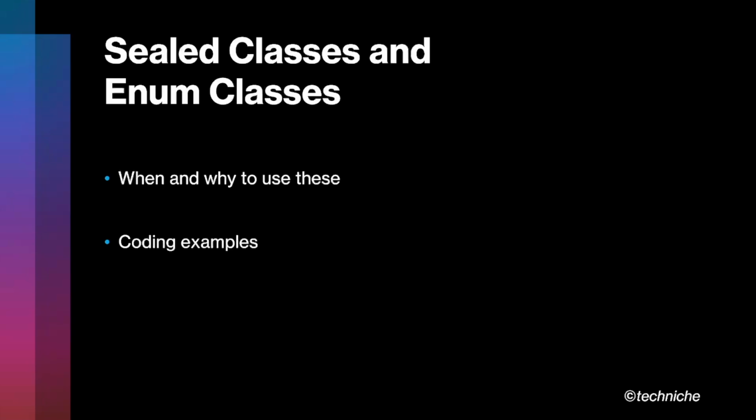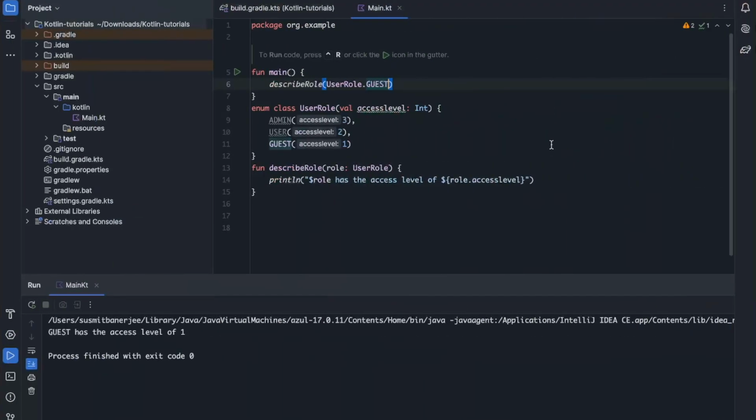That is the reason I started with enum classes, not the sealed classes. Sealed classes let you define a restricted hierarchy of classes, which means all the subclasses must be defined in the same file. So I will go to the editor and show you how sealed classes can benefit us. Suppose we have a sealed class called